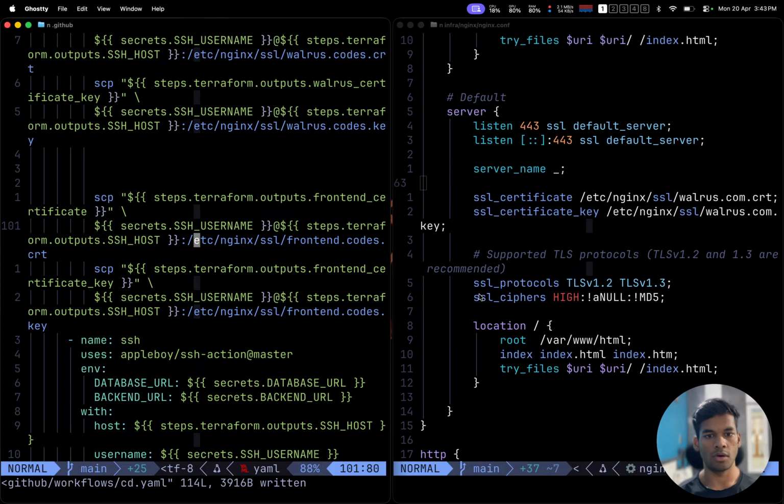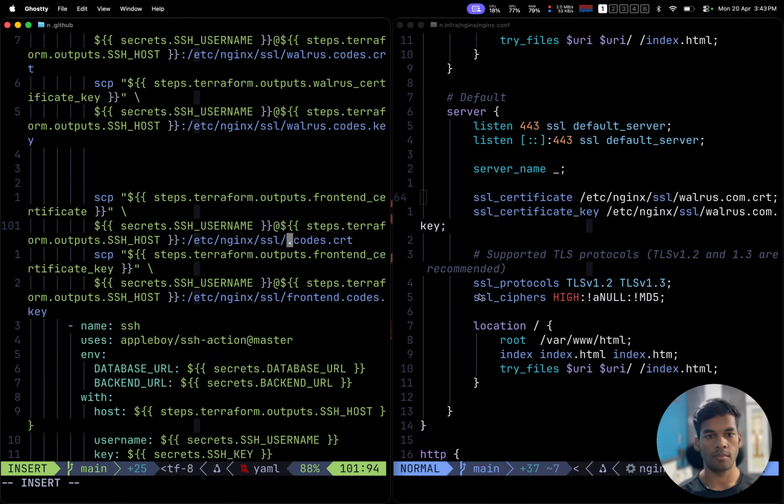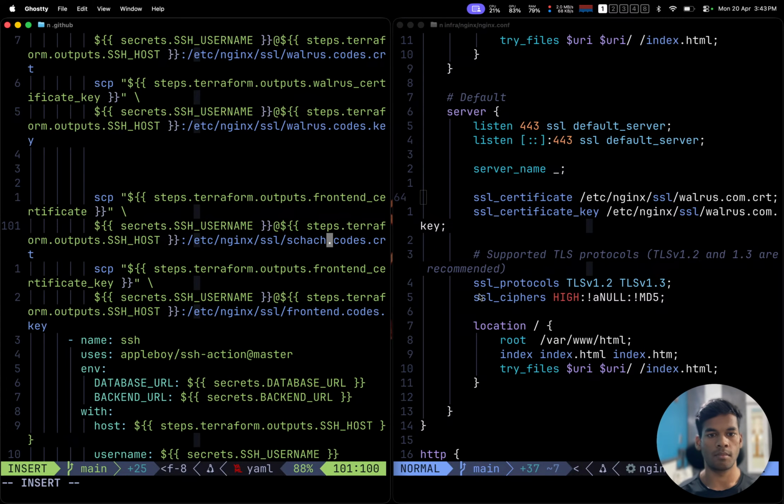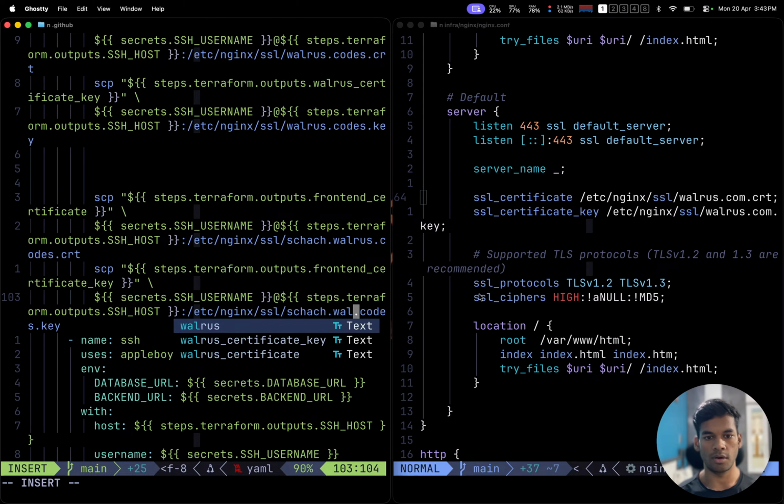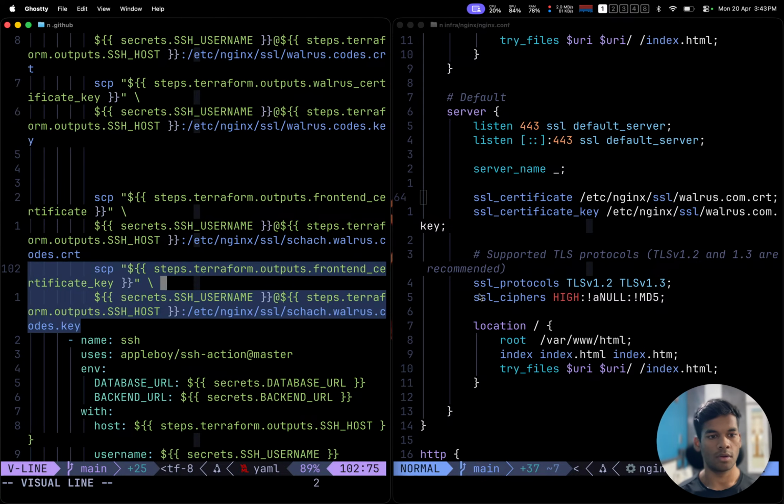Put this on frontend dot, no, the name is wrong. sha dot walrus dot codes, and here certificate key is fine. sha.walrus.codes. Okay,